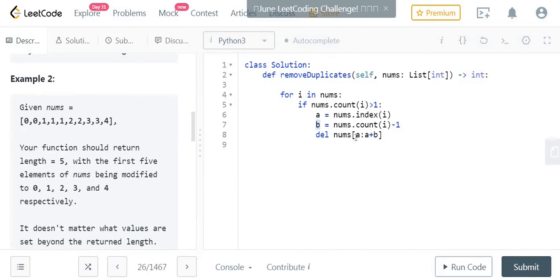So delete nums from a till a plus b. It will just eliminate the 0, the value at the 0th index, and leave the rest alone.